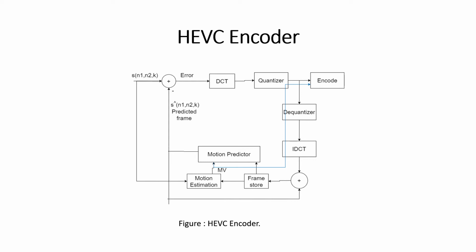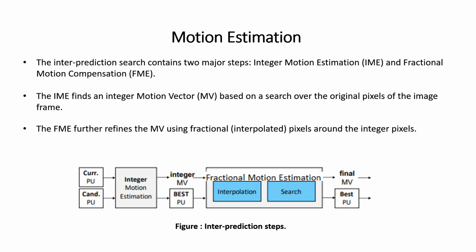Now this predicted frame is very close to the current frame, the nth frame, and the error will be very less. Also, the error will have very less randomness or entropy. Now the rest, DCT will do the magic and the video will be compressed several folds. Now this motion estimation block is the block of interest.